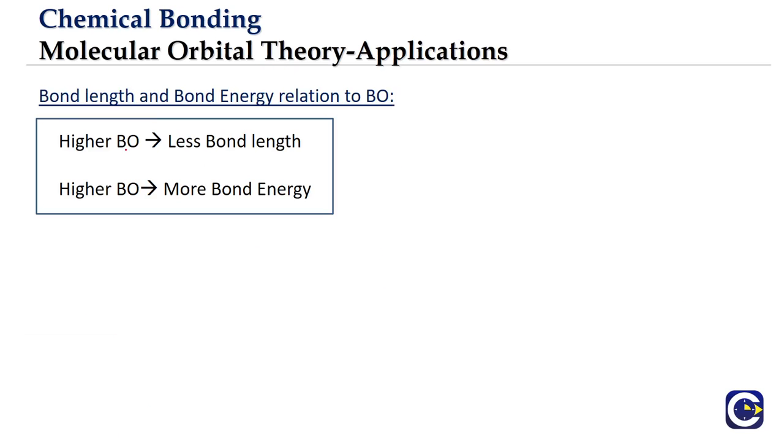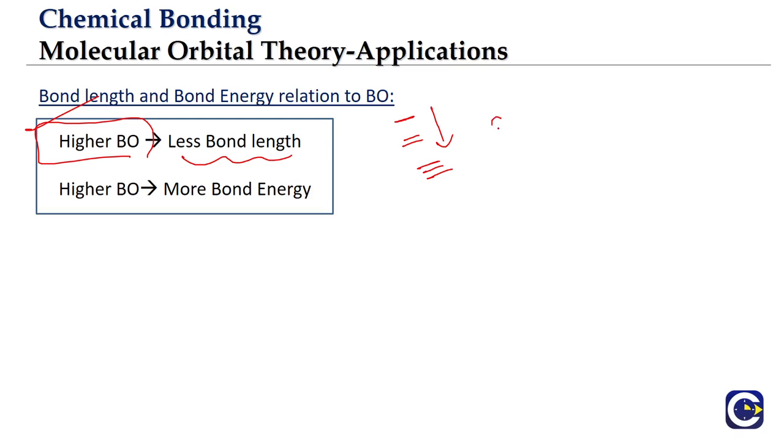Whenever we have a higher bond order, this is something that we have analyzed when we talked about the bond characteristics. If you look at it in terms of the Lewis theory concept, bond order high means you are moving from a single bond to a double bond or a triple bond. So when the bond order is high, the bond length will be less. This is an observation that is done even from the experimental data.